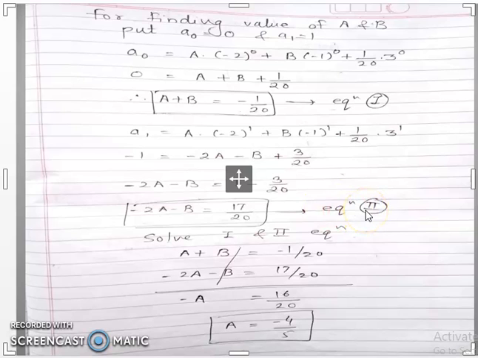To solve these two equations, we write down a plus b is equal to minus 1 upon 20, that is the first equation. Then write down the second equation, minus 2a minus b is equal to 17 upon 20. After solving these two equations, the plus b and minus b terms are cancelled. Plus a and minus 2a, answer